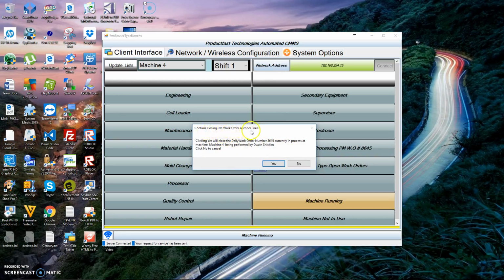Okay, confirm closing PM work order number 8645. Clicking yes will close the daily work order 8645 currently in process at machine 4. Do not get confused. This could not match this up here because this actual PM was assigned to press 4 or machine 4. And it lets you know who is the one working. Now, if I'm not me, I'd click no to cancel,